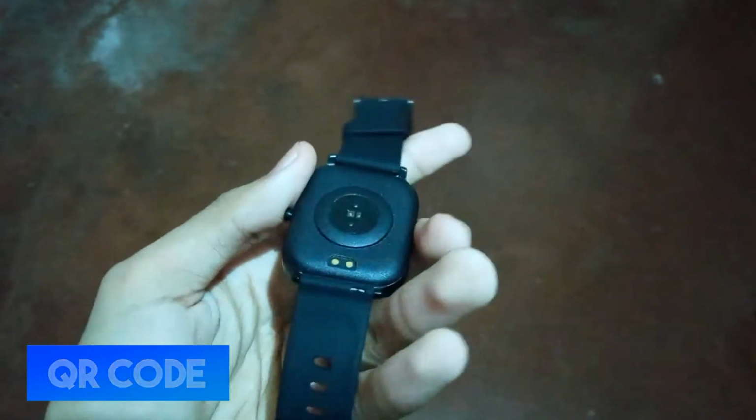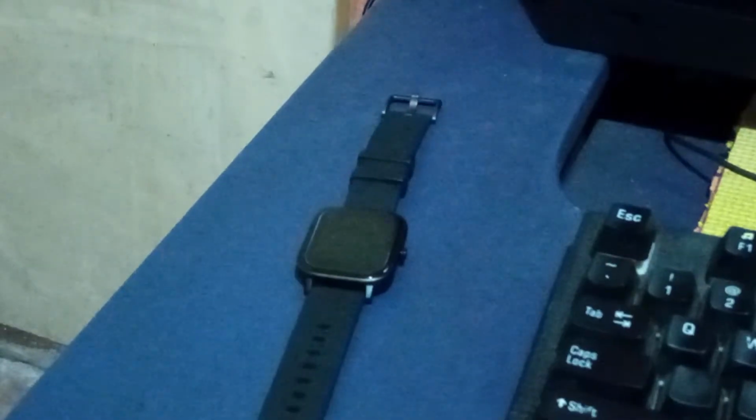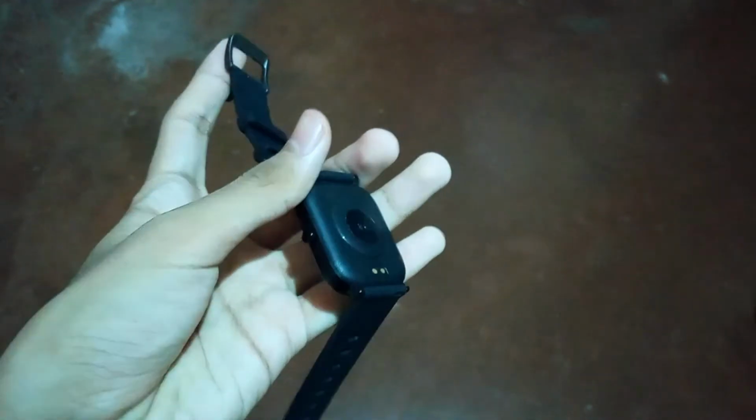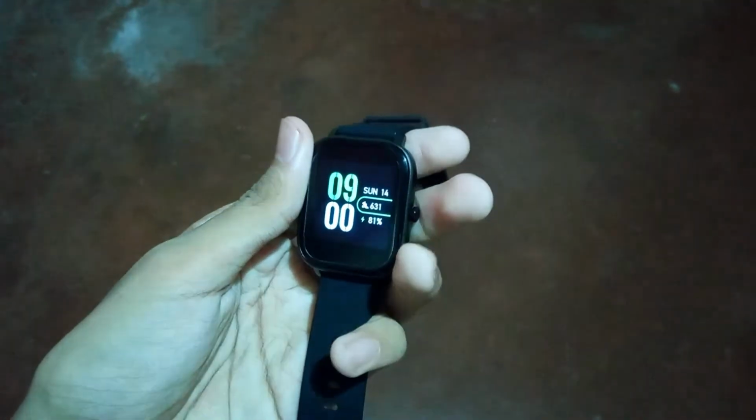Starting with the setup, you just scan the QR code here or search for the app on the Play Store or on the App Store, turn on your Bluetooth and pair the watch. For the build, as I said, the watch is made out of metal, which is good for durability. The band feels good too, the button is clicky and doesn't wobble at all, and overall I have no issues